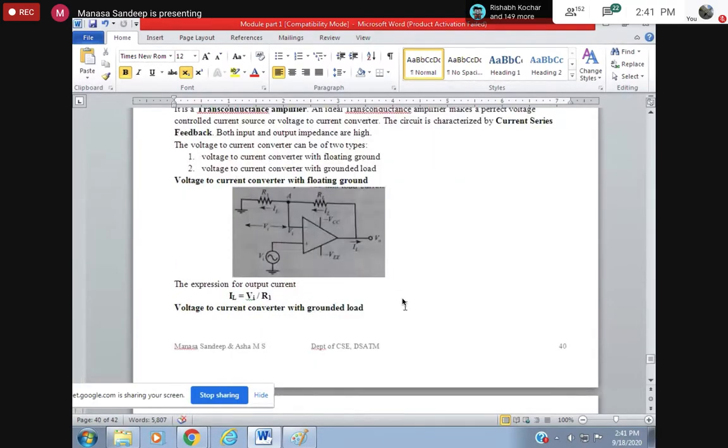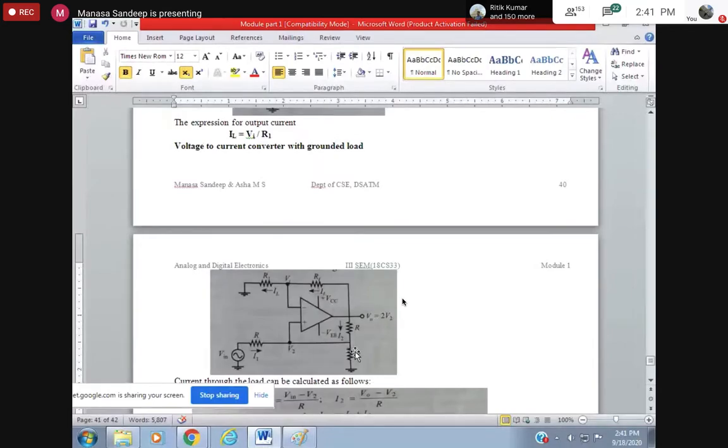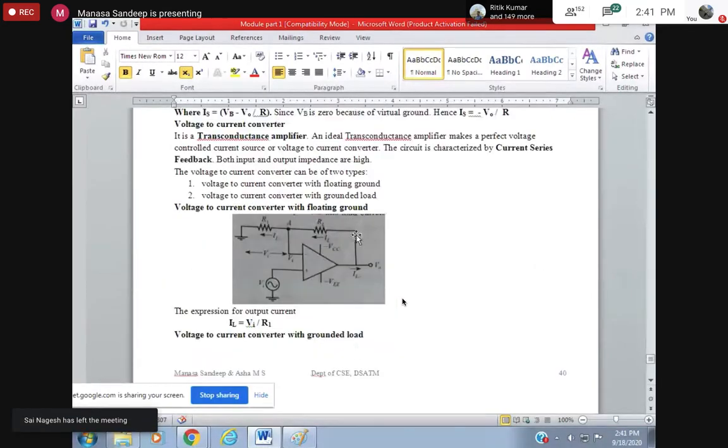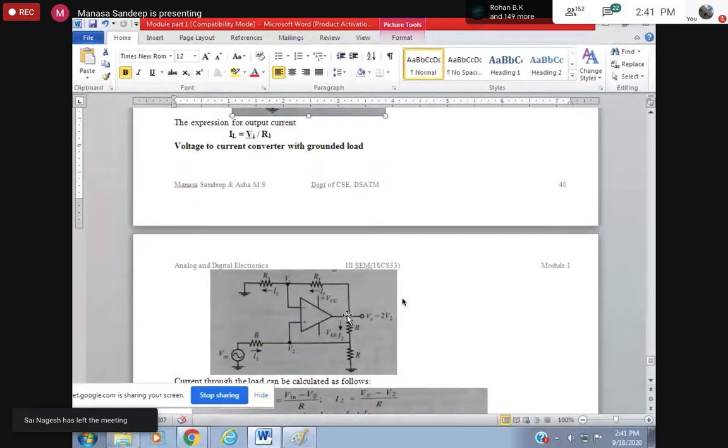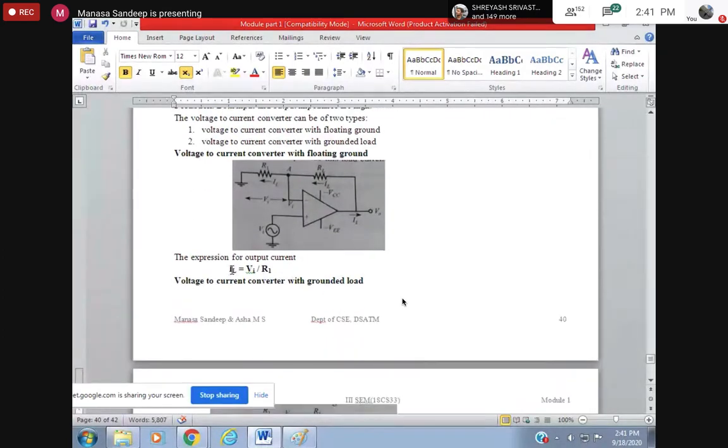So what is the difference between these two? Nothing. Simply here we are seeing the circuit, and here we are connecting some load. In the last class itself I told you, we never use it like that practically. Practically, it always has to drive some load. That's why they have given two variations. There's nothing to worry about these things. Here you need to write the expression for the output current. Again by V = IR, you know how to get the output current.